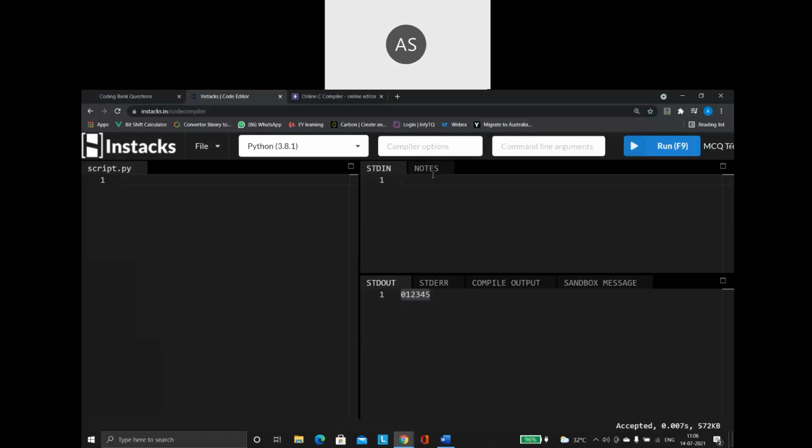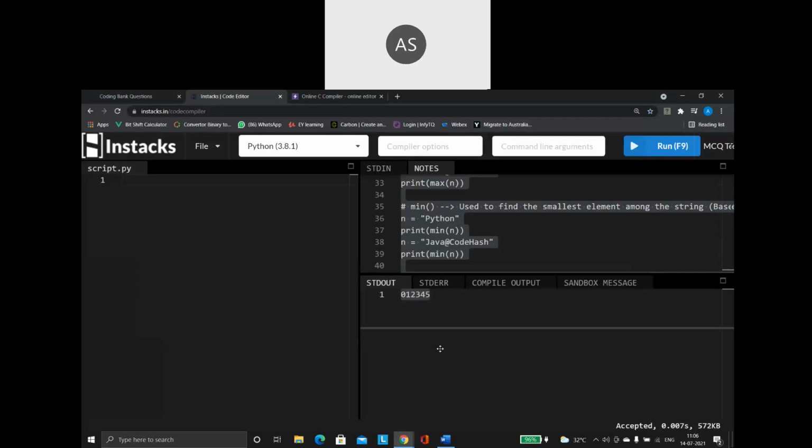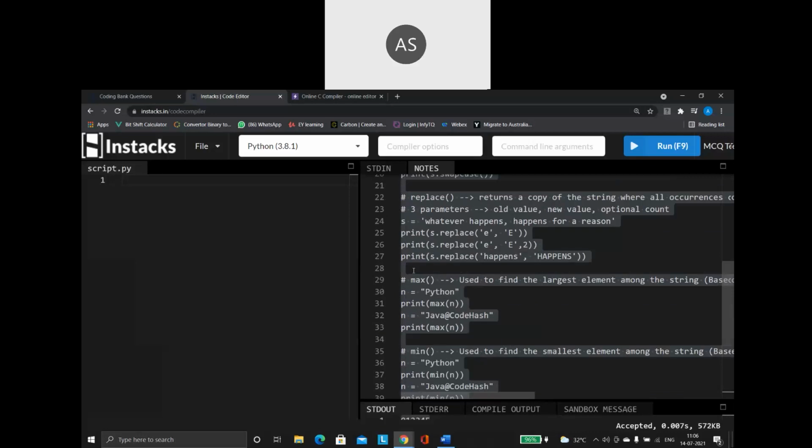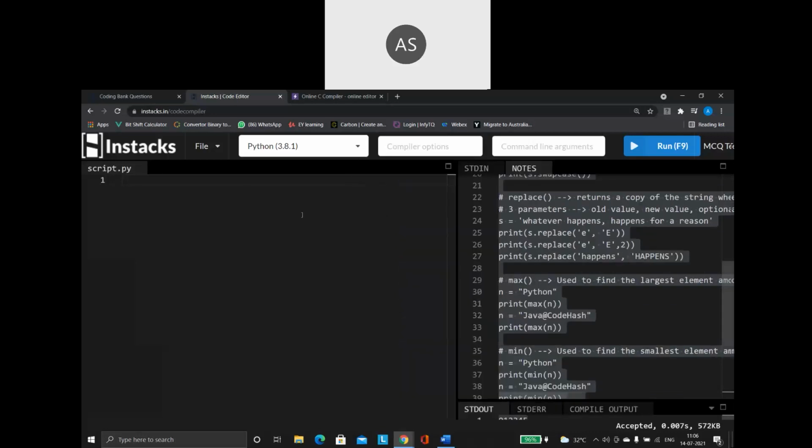Okay guys, so we will be continuing with the concept of our string functions. Let us finish the remaining functions first and then we'll move on to the next things. The function I wanted to discuss first with you is a function called split.